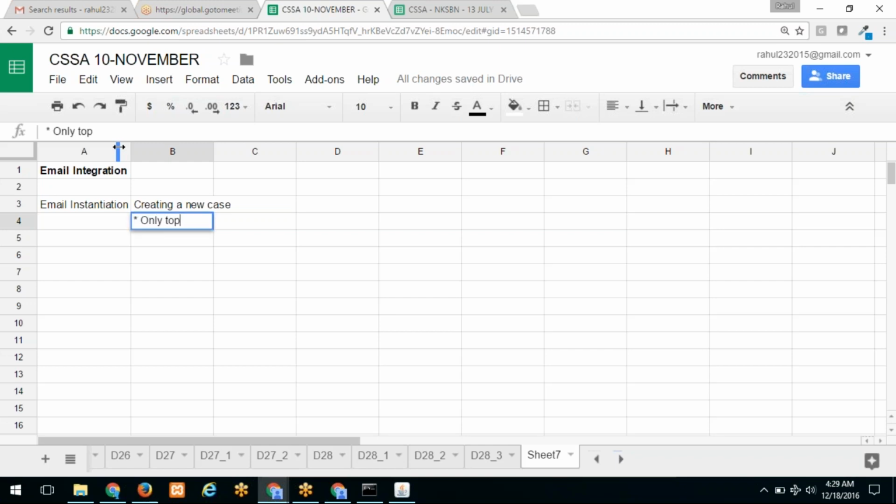The terms and conditions for this is only top level cases can be initiated using emails, right? And the other obvious option for email integration is say you want to send an